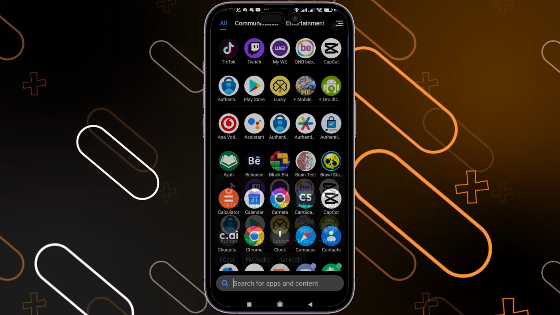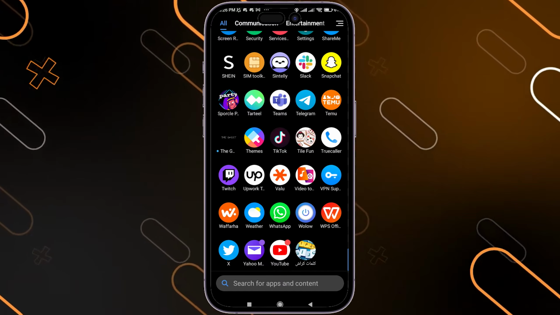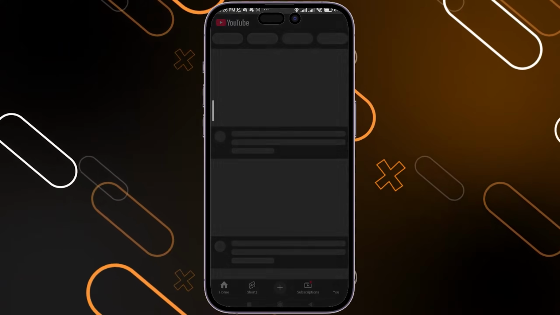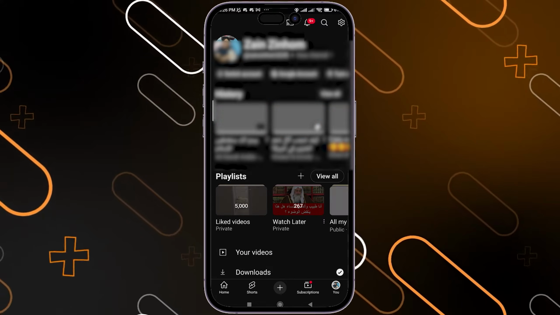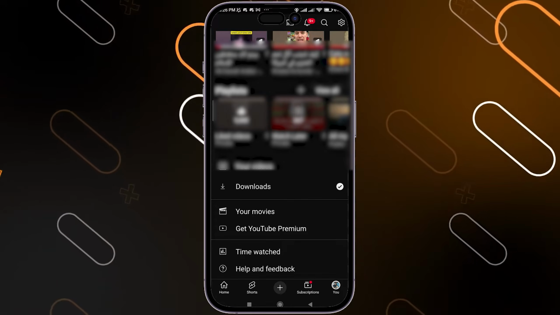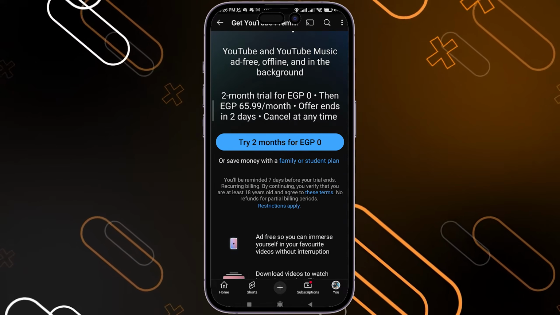The first thing that you should do is to simply open the YouTube application on your phone or even on your browser. So in my case, I'll do it on my phone. Then I will click on my profile picture on the bottom right side. Then you should scroll down until you find this option, Get YouTube Premium. You just have to tap on it, and here, as you can see, it will show you that you can